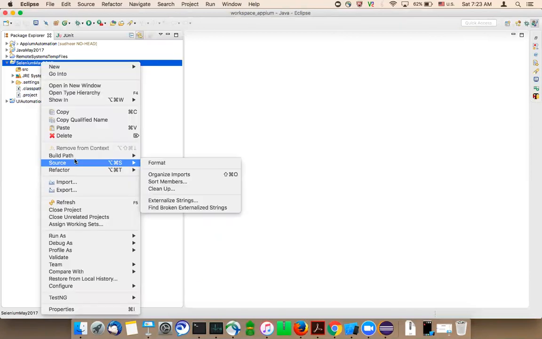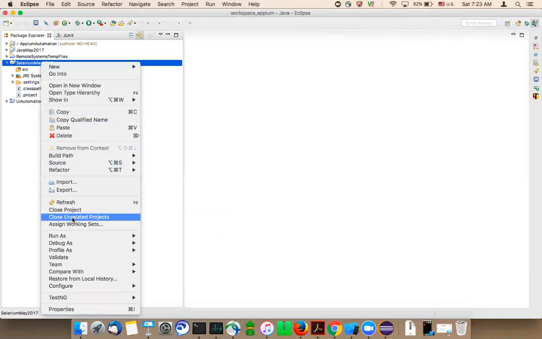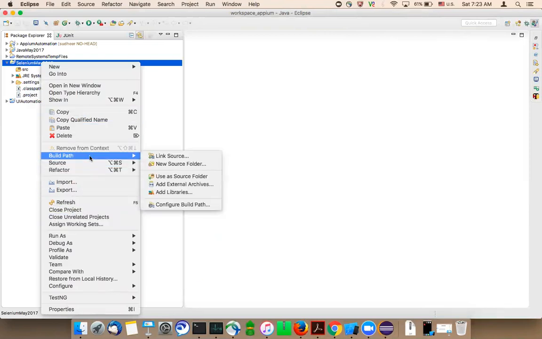Right click the project, go to the build path. Can you see that build path? Yeah. So right click the project, go to the build path, configure build path.